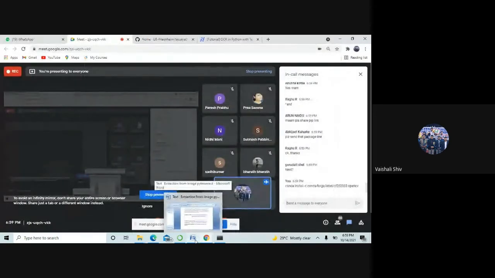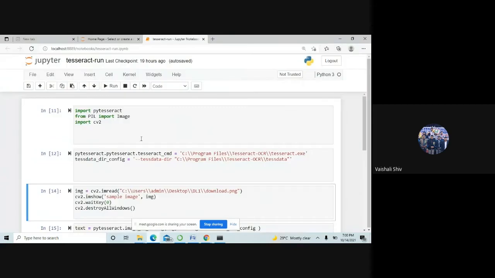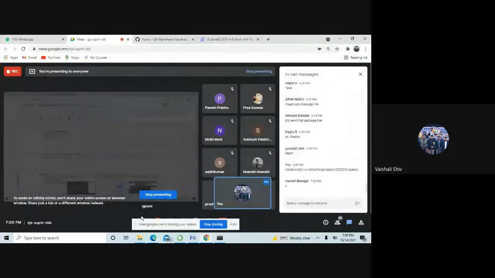Once you have done that, you will go to Jupyter Notebook. Can everyone see my screen, right? Yes.